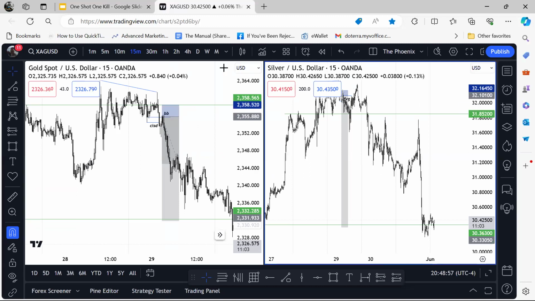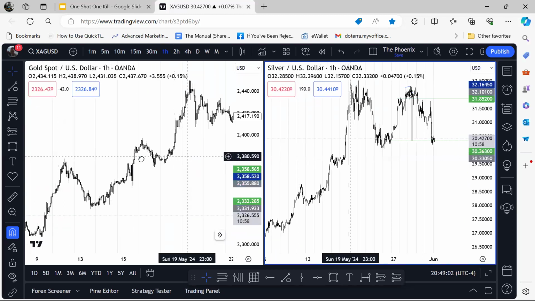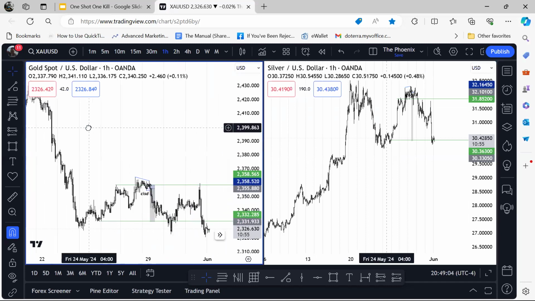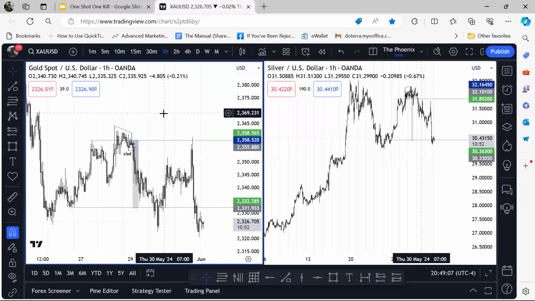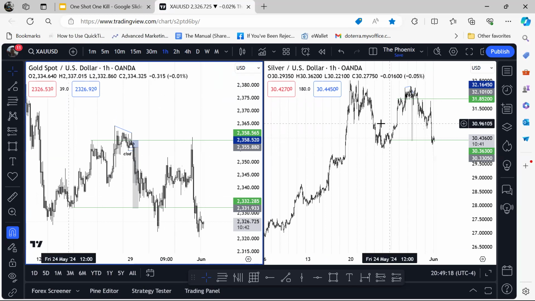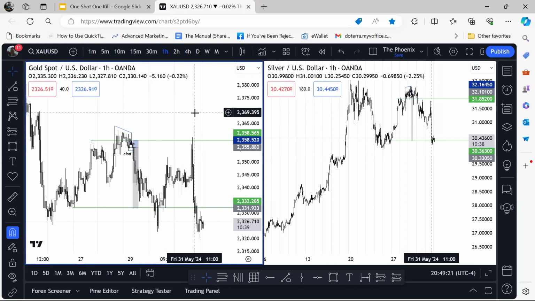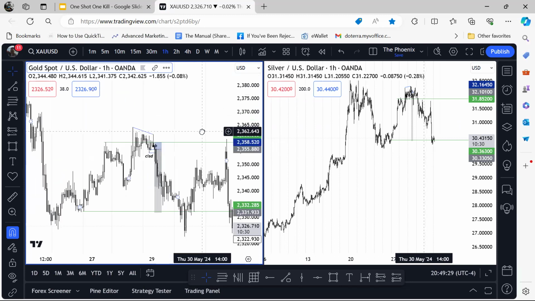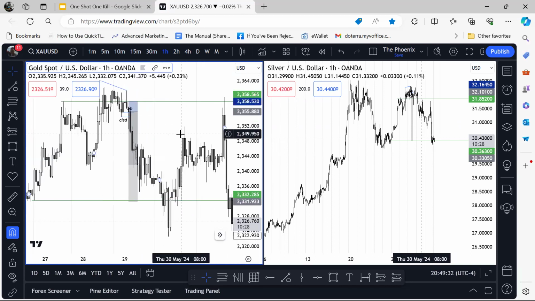So, all right, we can start with gold. I'm going to be giving you examples coming from last week's price action on three different assets, looking for divergence between gold and silver at the high of the week or the low of the week. I went ahead and drew up the charts in the interest of saving time. The price action really wouldn't change, so it's the same thing that we'll all be seeing.